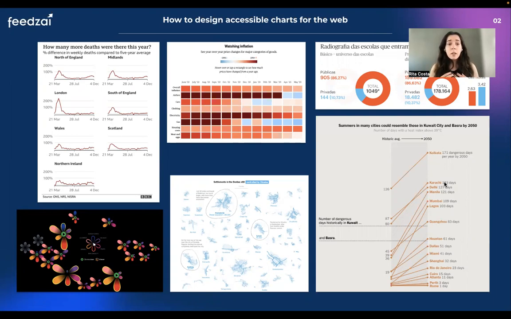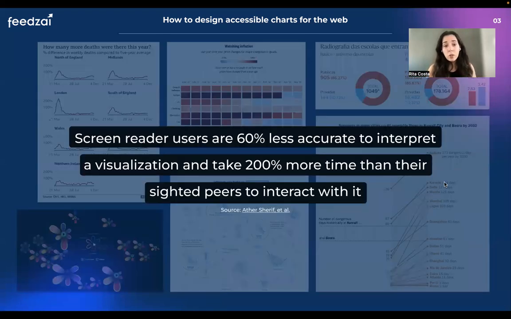They are the product of the effort of their developers to make complex information more understandable, arguably to people that can see. Because the big problem with many of these charts is that they're not accessible to non-sighted